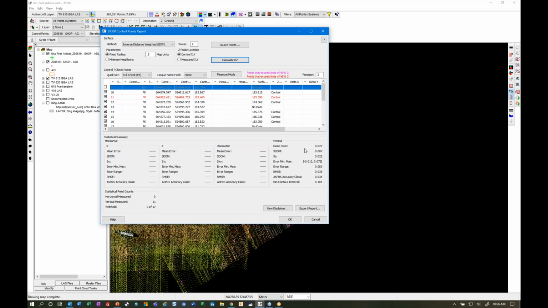So I have a mean vertical error of 2.7 centimeters, as you can see down here, units are meters. I've got a standard deviation of the mean of 7 millimeters. So the standard deviation of the mean is much smaller than the mean. That means that it's a pretty tight mean. I'm pretty much guaranteed it's a bias and not just random noise that's causing me to have